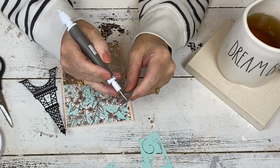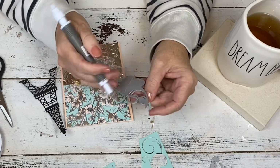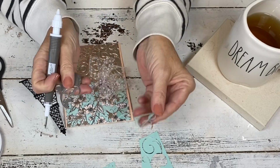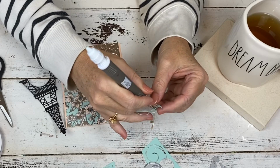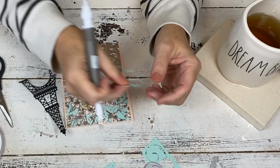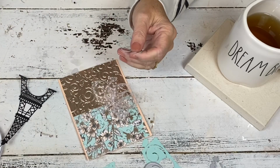Oh, come on. There we go. This one's pretty. Look how delicate that is. Super, super delicate. So then I'm just going to take glue dots to adhere most of this together from here